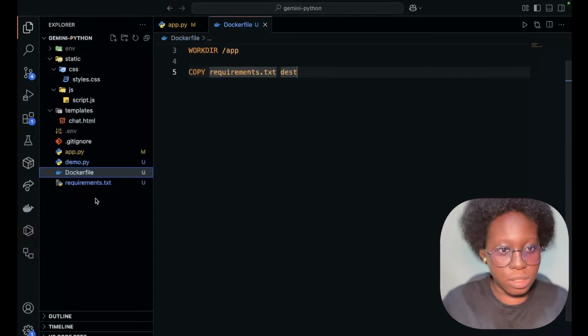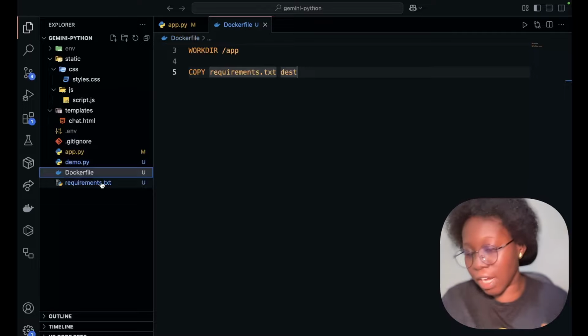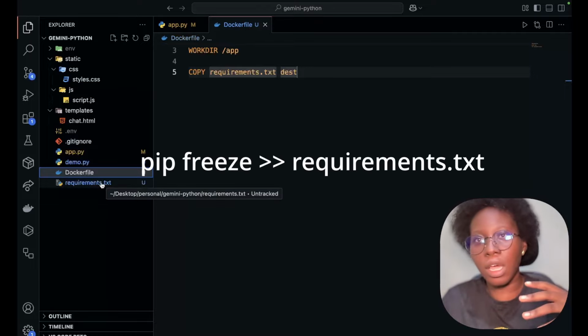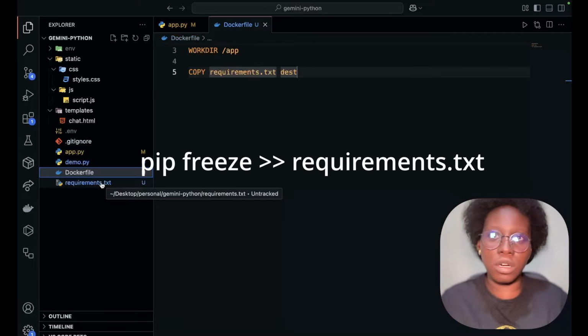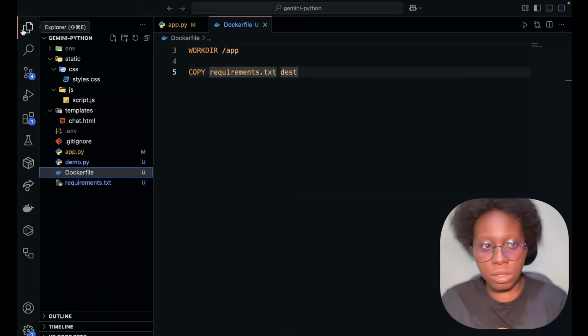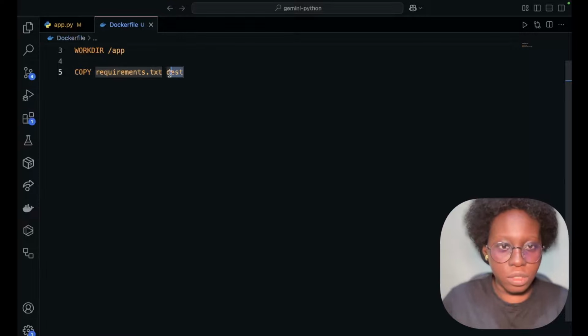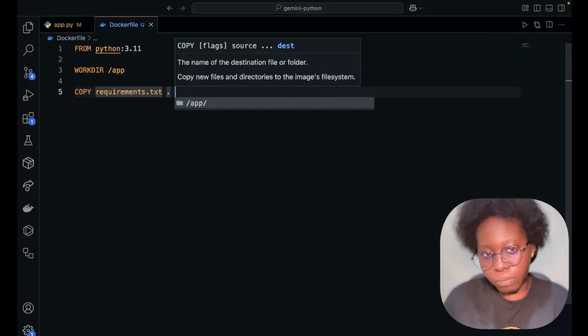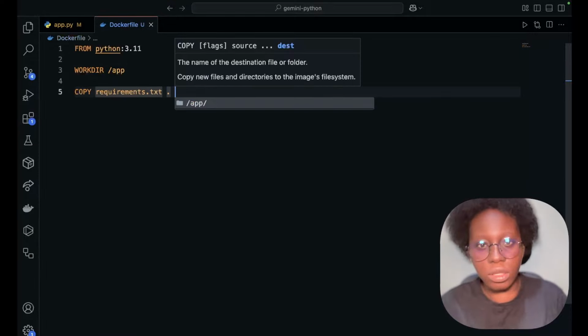That is this .txt file here. If you don't have it, you can do pip freeze and you transfer all your installed dependencies or packages from pip freeze to your requirements.txt file. And for this, the destination will just be dot, as it's going to copy the requirements.txt into the working